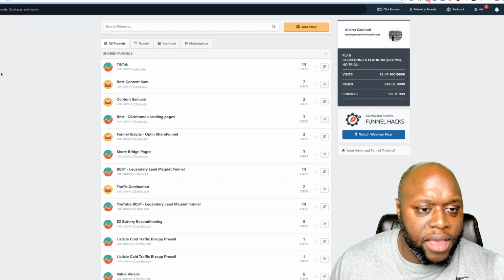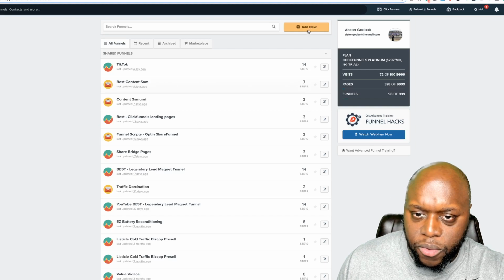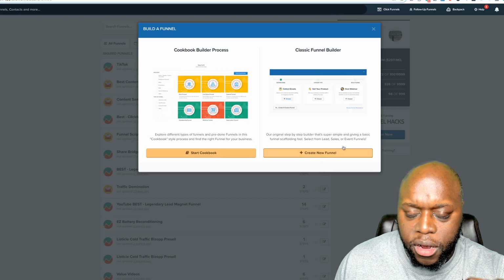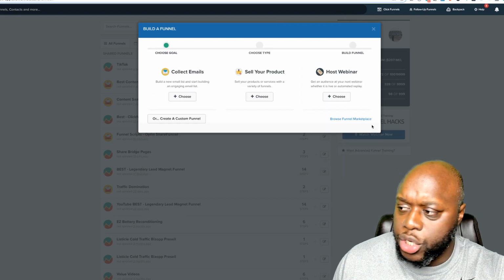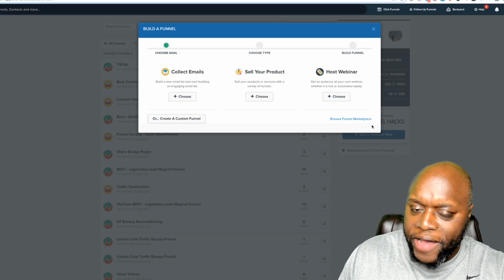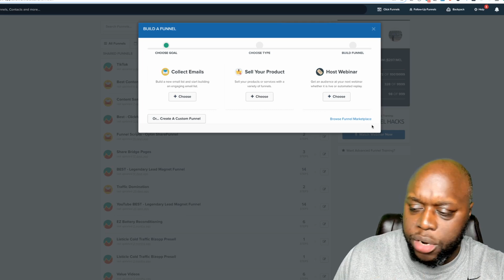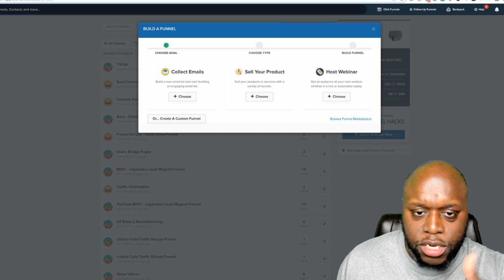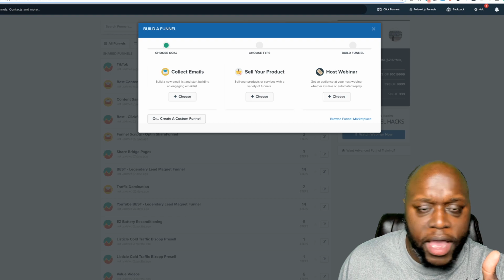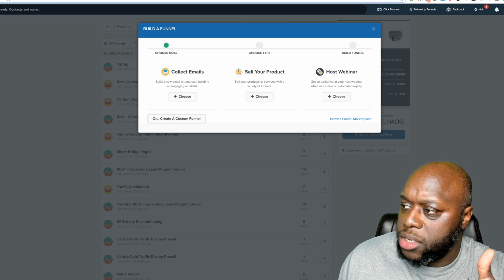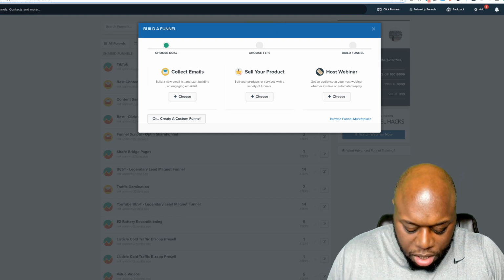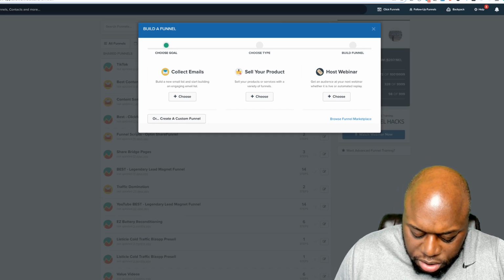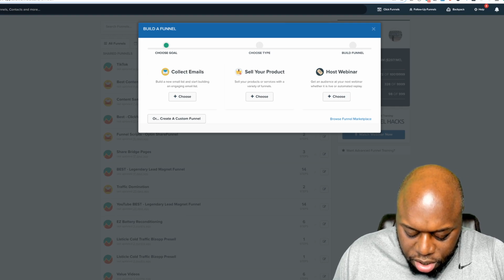Now that I'm in the funnel section, I'm just going to click on Add New. I'm going to click on Classic Funnel here. One of the keys when you're creating a funnel is you want to use, modify, and borrow some of the language and terminology from the website that you're sending people to. I'll show you what I mean in just a moment. So if I go to stingadel.com